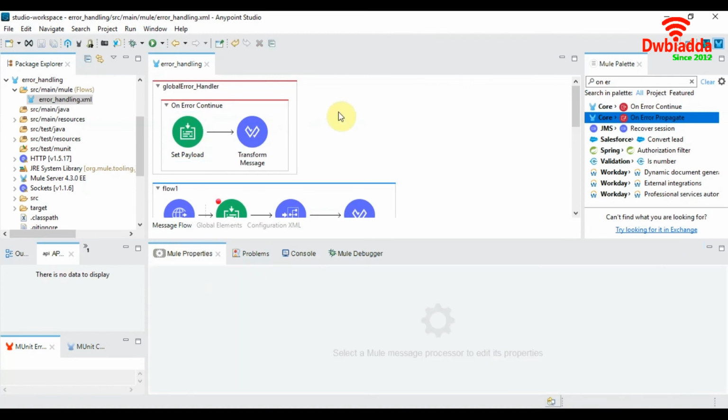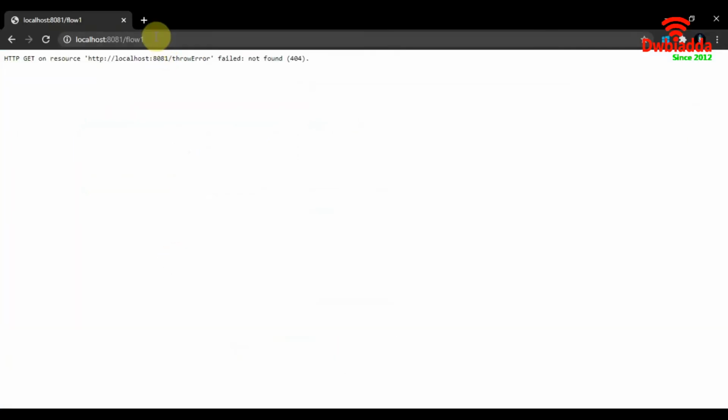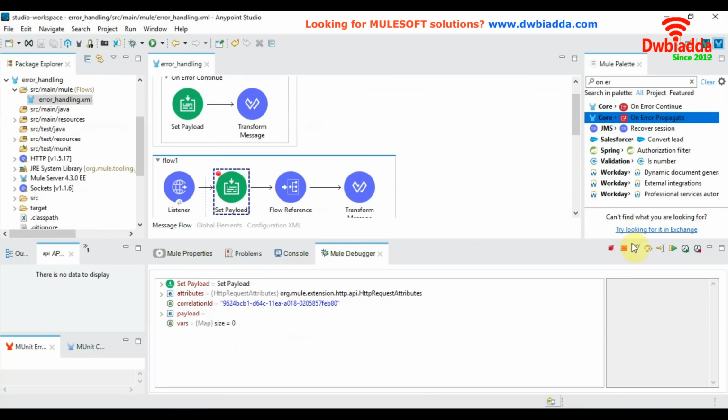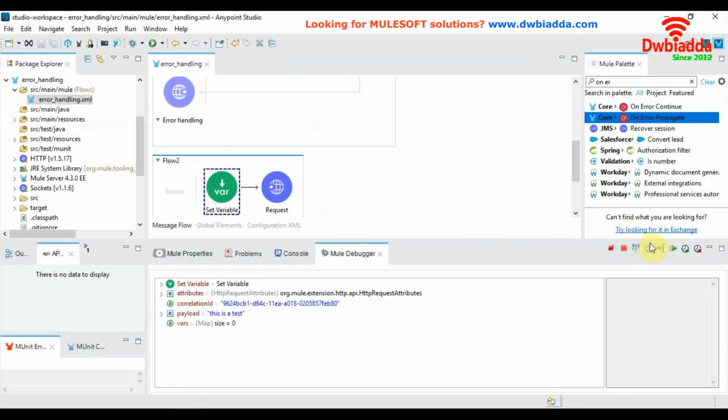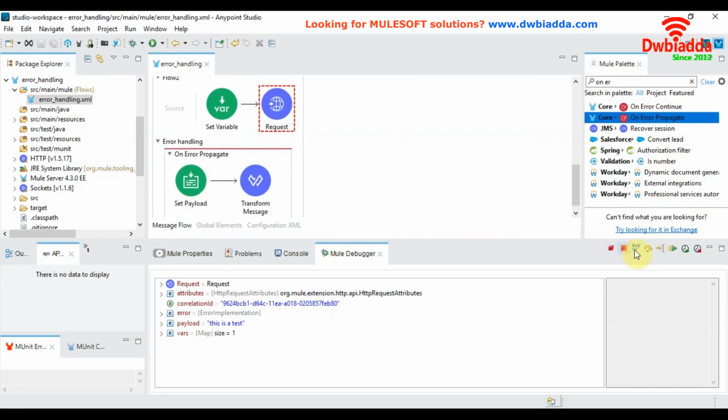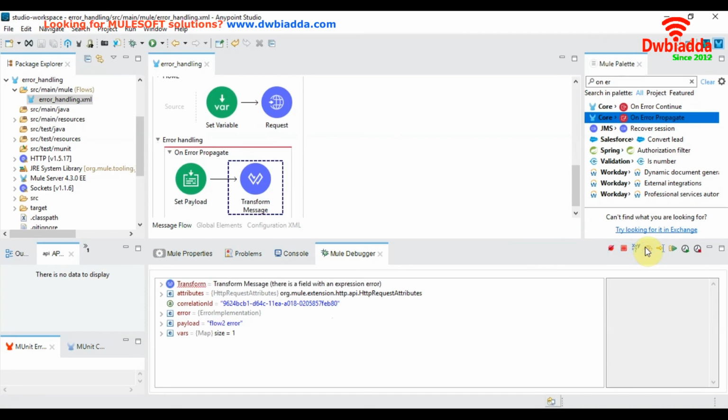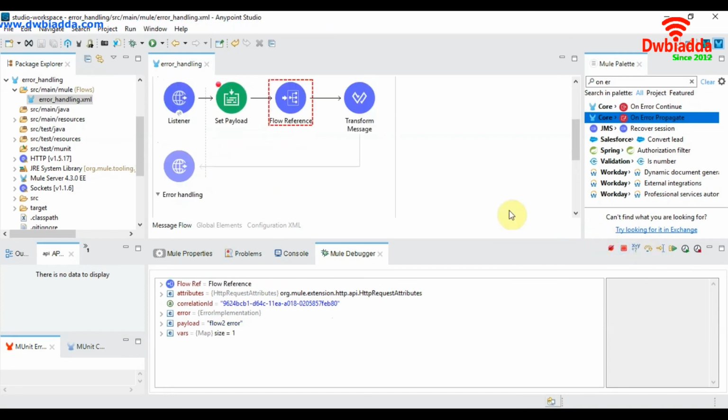Let's save and deploy. Let's call our flow 1 and see the message propagation. So our request component will throw an error which will be caught by the on error propagate scope, which will change the payload and throw the error back to the calling flow.